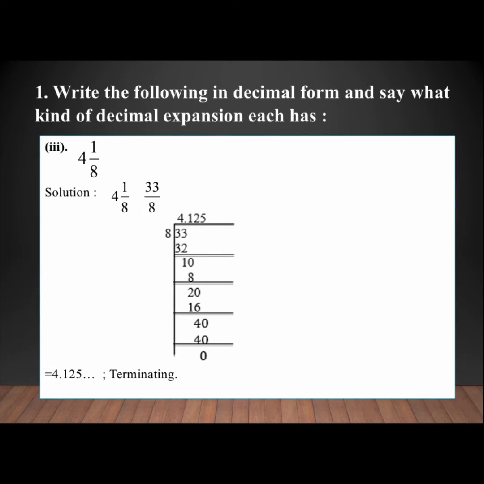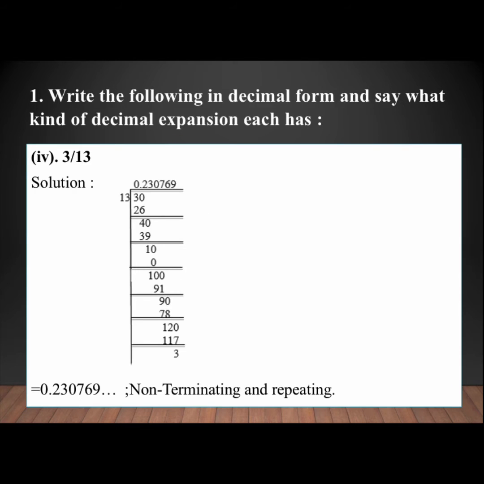Now the third one is 33 by 8. Dividing 33 by 8, it comes out 4.125. We get a terminating number. Now the next one is 3 by 13. Dividing 3 by 13, after a few steps it has a remainder 3 again. Now we have to repeat all previous steps. So 3 by 13 comes out to be a non-terminating and repeating number, which is